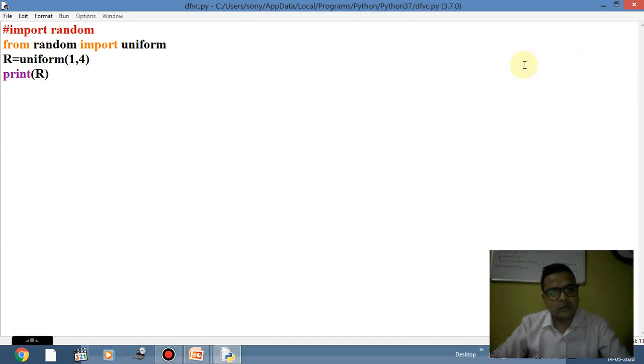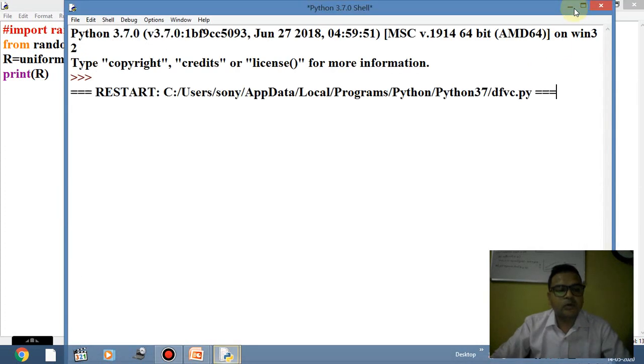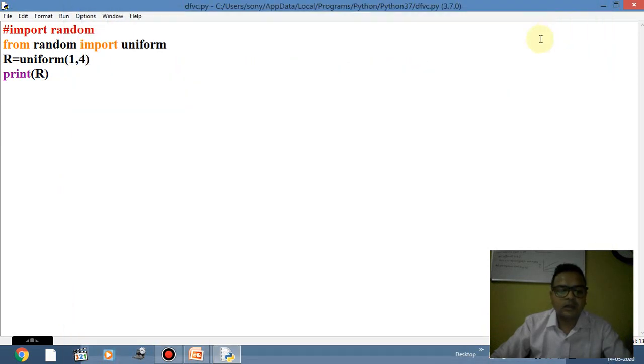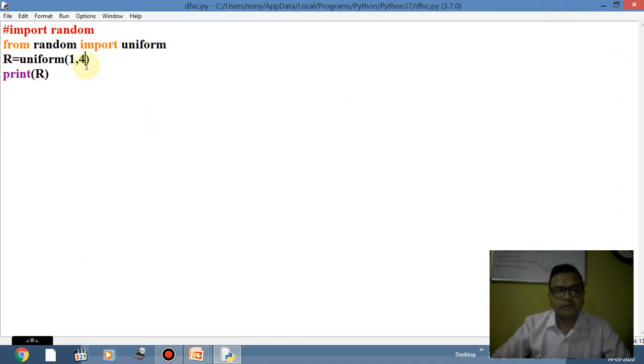Same as if I am going to run this program again, a different value may come. So जितनी बार आप run करेंगे students, उतनी बार आपको value मिलेगी. Now just check it out. That is more than 1 but less than 3, less than 4, sorry. Clear? That is the way that we are going to use this uniform function. ठीक है. Now the next one is, so I think students, yeah, this one will be clear to you.